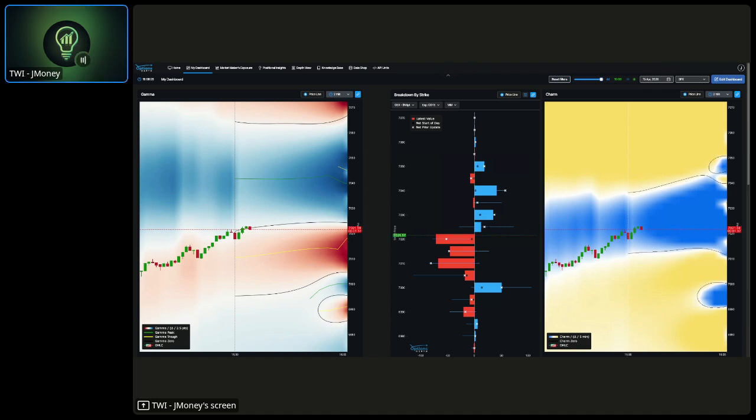All right, let's go ahead and get started. Try not to get too close into the end of day, possible end of day moves, and it's going to